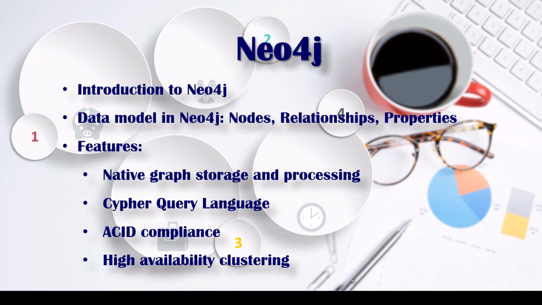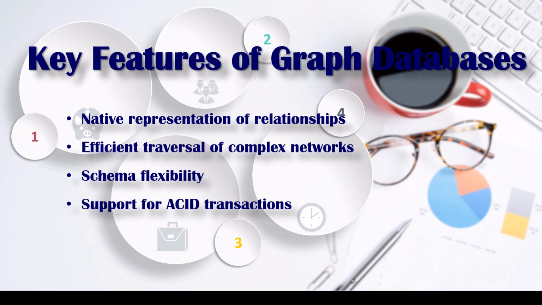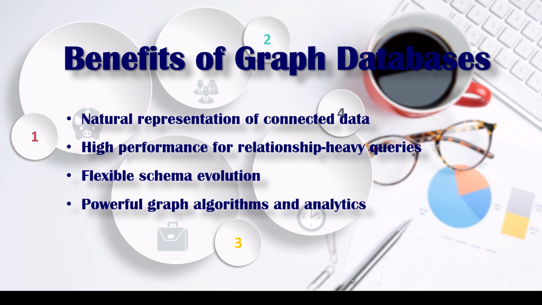Introduction to Neo4j. Data model in Neo4j: nodes, relationships, properties. Features: native graph storage and processing, Cypher query language, ACID compliance, high availability clustering, native representation of relationships, efficient traversal of complex networks, schema flexibility, support for ACID transactions, natural representation of connected data, high performance for